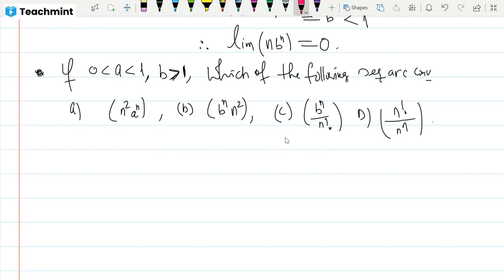Option C is convergence, sir. Already the previous problem is there. Already you have given, sir, a power n by n factorial. Yes, this is obvious. For all b, b power n by n factorial is always convergent. So this is trivial. Option A is also convergent, sir. Which one, madam? Option A, sir. A is also convergent.